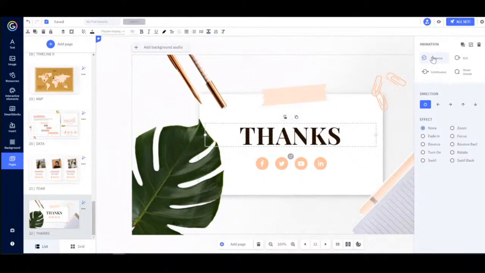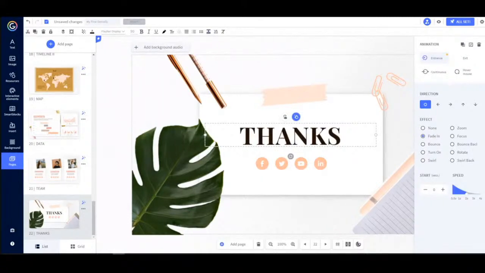Let's start with entrance animation. This is perfect for adding a sequential entrance that is going to amaze anyone who sees your creation. This type of animation allows us to configure which kind of movement and when an element appears when a particular page of your Genially is loaded. It's super useful when, for example, we have lots of different elements on a page. That way we can improve the visual load and we can increase our audience's interest in our content by spreading out the information. So let's try this thanks text box, the classic fade in animation effect.